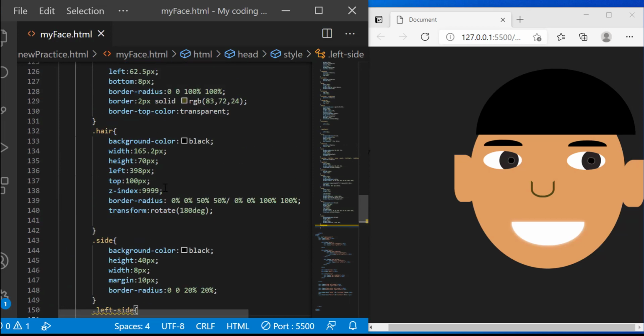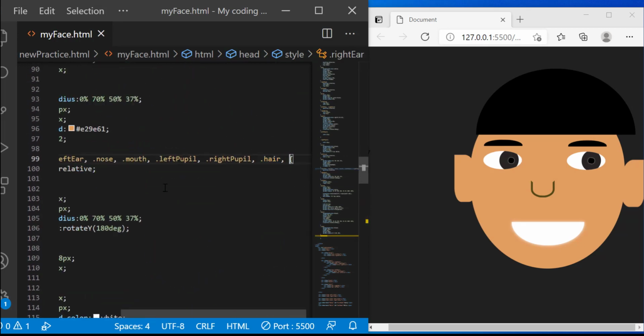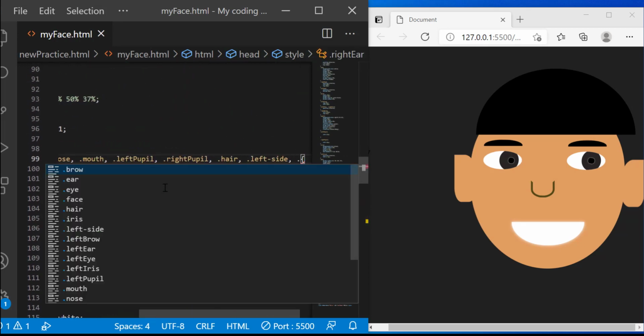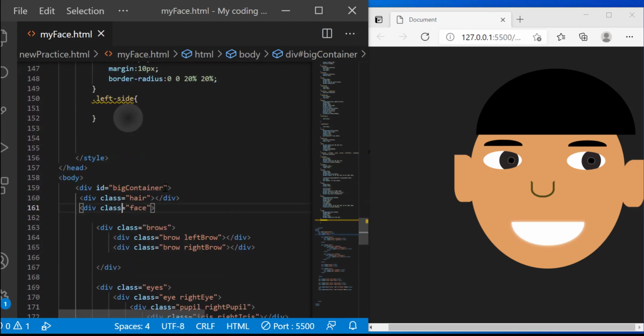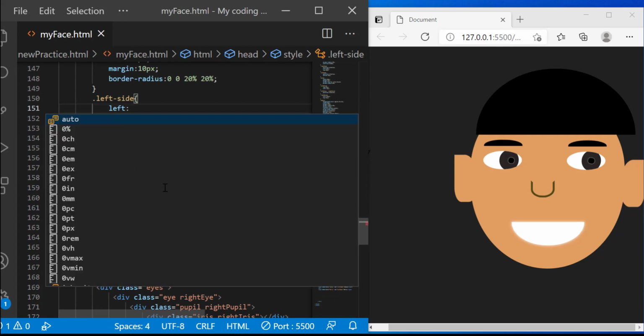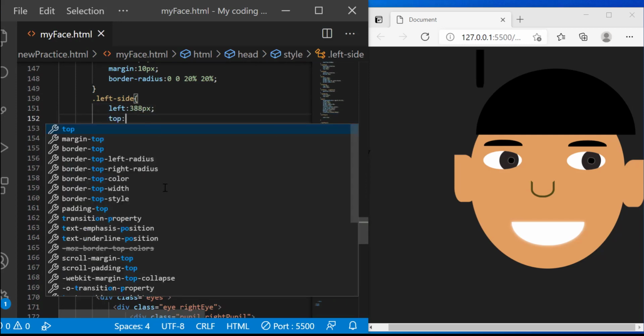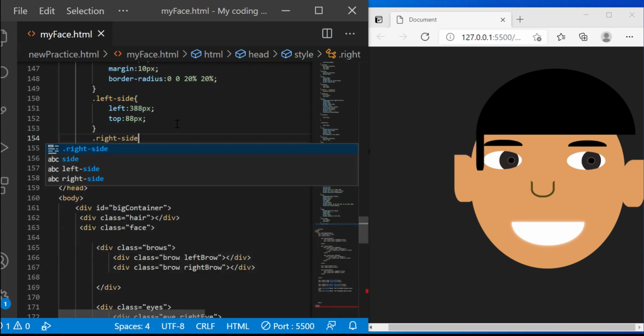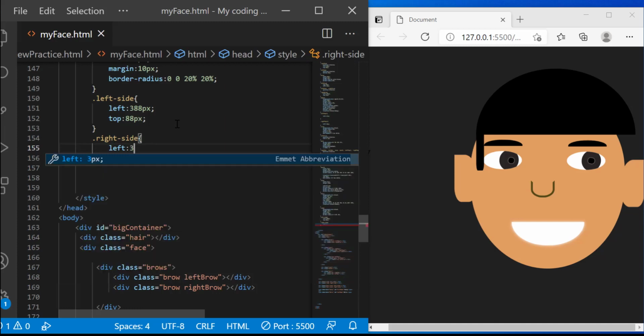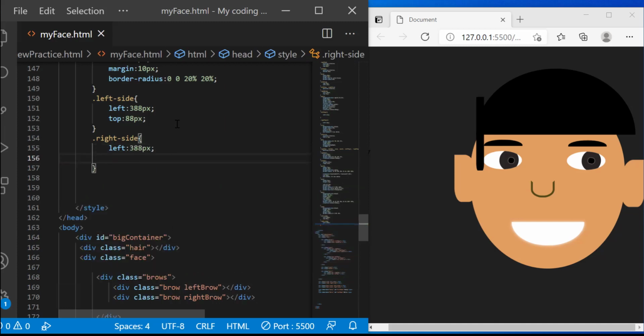Okay, so I can add that up here. So that's our left side, and might as well do it for our right side as well. And now we can do left 388 pixels, top 88 pixels, and now it's right there. For our right side, we can just do 388 pixels down like that. I meant to the left. Then top